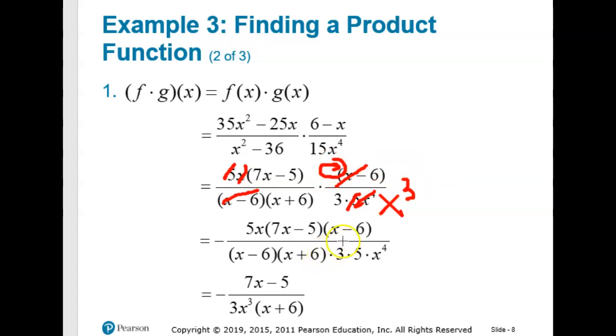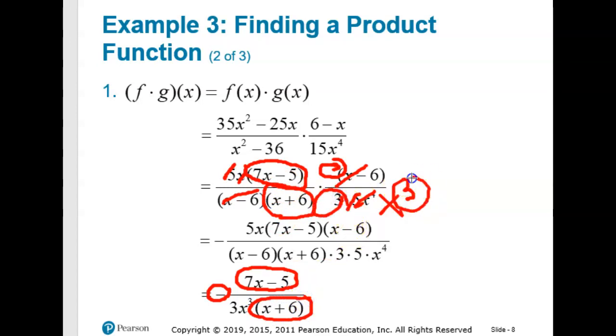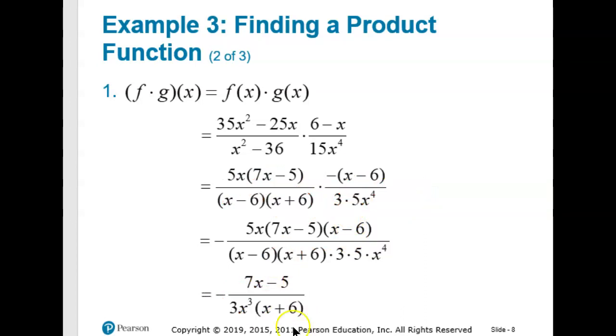So, when you simplify, what was left in the numerator was the negative sign for a negative 1, x minus 7x minus 5, so that's represented here. We had an x plus 6, that's represented here. We have a 3 and an x cubed, and that is represented here. And that is why this all simplifies to a negative 7x minus 5 all over 3x cubed times the quantity